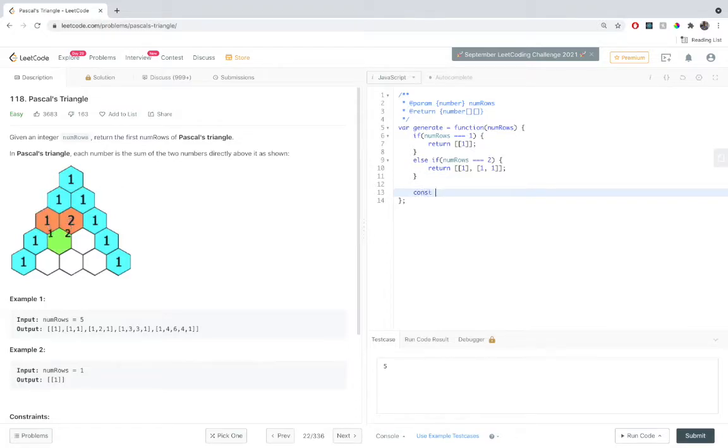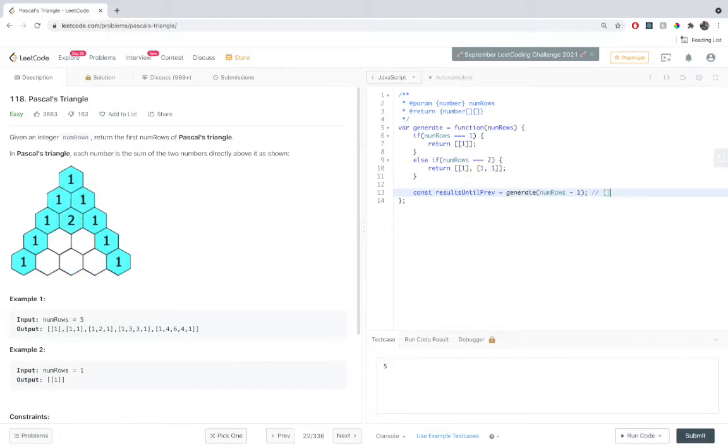Let's say resultsUntilPrev, and let's do generate of numRows minus 1.